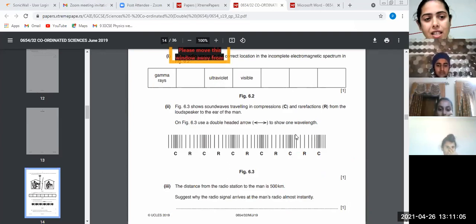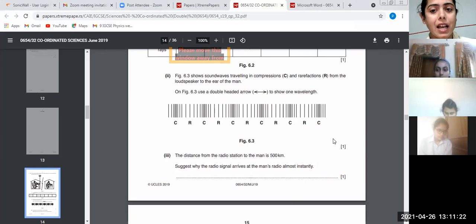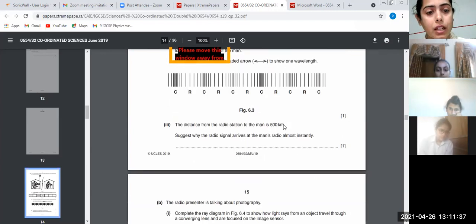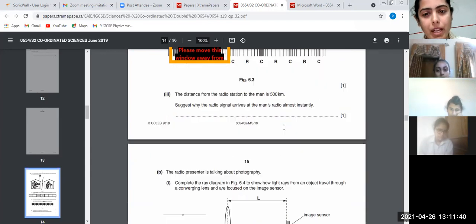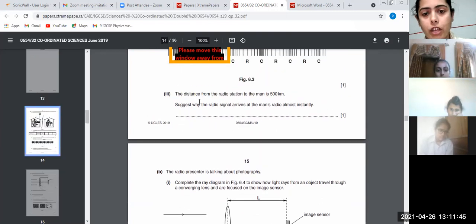Chale, moving on. See children, listen, the main motive behind doing the paper, see I can give you the paper for homework also, that this is the homework completed, that will be just the completing of the work. Fine. Doing it right now in front of you means that we look at every question and try to find out the different ways it can come in the exam. Because you will do that paper, but how it can be molded differently and asked in the paper, you have to cover all that. Fine. So I will be giving you the homework. I gave you this question for homework just so that you can go through it once. Okay, moving on with the next question.